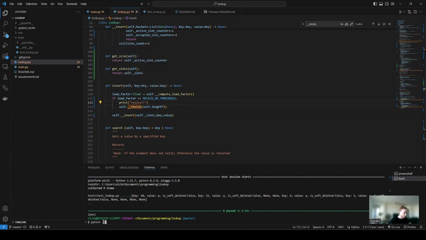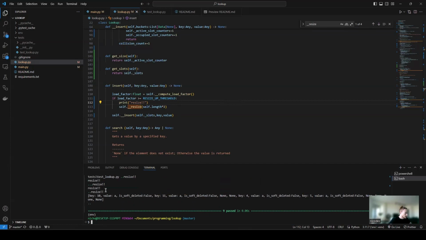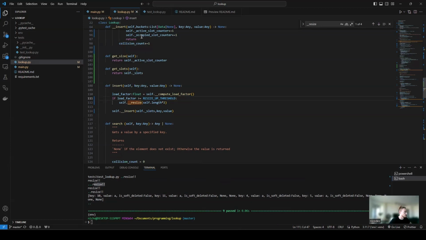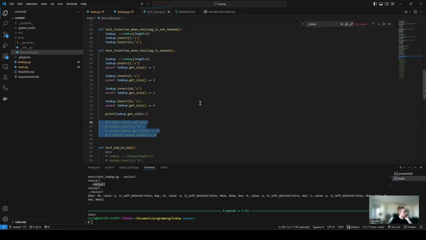Okay. Yeah, so it was resized before. Okay, fine. So let's, yeah, because the size factor was, so basically, if I change the,